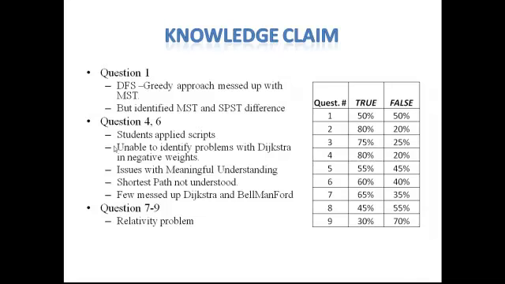In question 4 and question 6, we analyzed that the students just applied scripts. They don't have an exact understanding of the algorithms because a few of them just mixed up the Dijkstra and Bellman-Ford algorithms. Few of them were not able to identify the problem with Dijkstra when the graph has negative weights. Maybe students didn't meaningfully learn the concepts of Dijkstra and Bellman-Ford, so they just mixed them up,